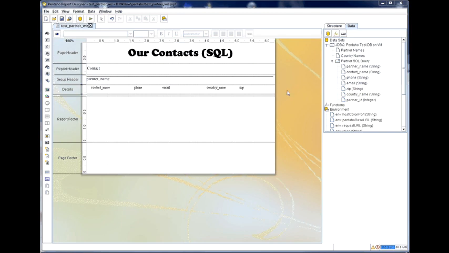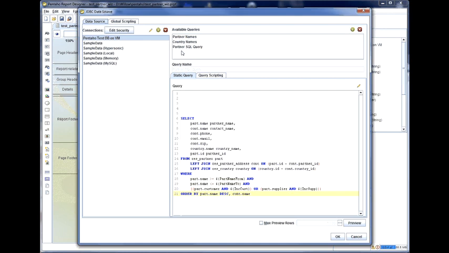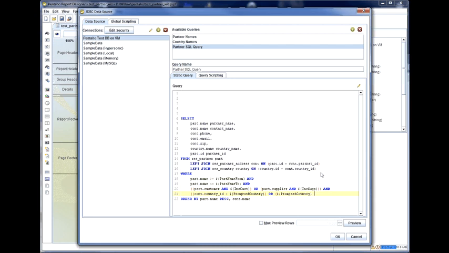And now we need to include that country name selection into our query. So we'll go through, find our partner SQL query, edit mode, and what we want is to know if the contact's country ID, not the name, country ID is equal to a dollar brace prompted country, which is the ID that that parameter will return, or if it's not entered, in other words, if the prompted country is 0. So if it's not selected, not entered at all, then we will get all of the customers. So we'll save that,